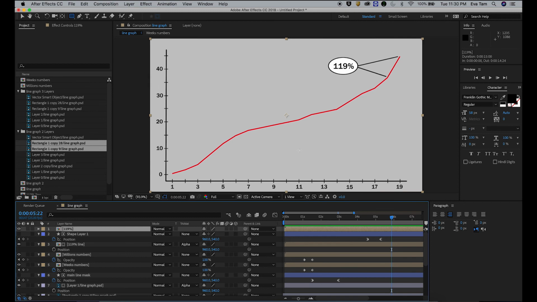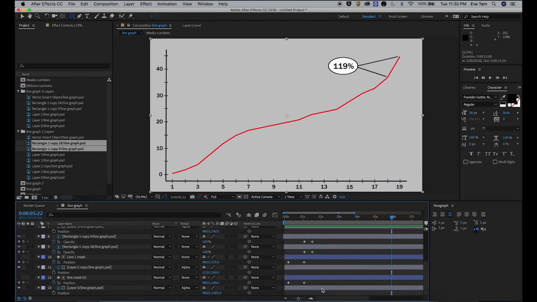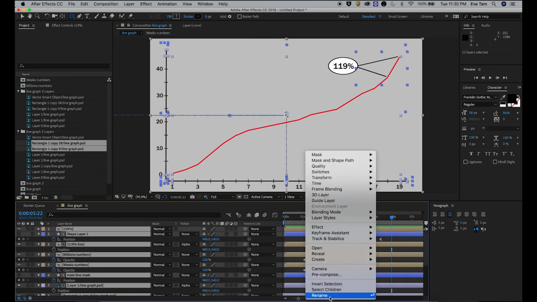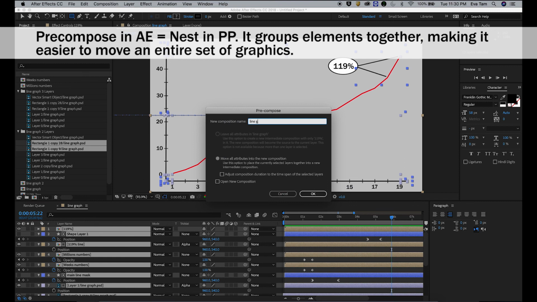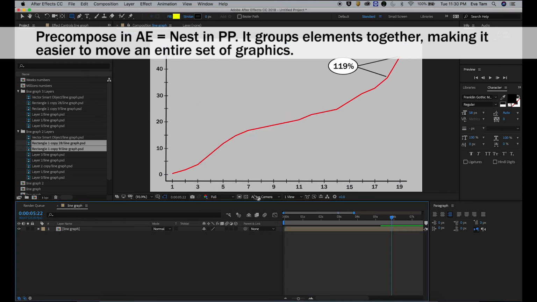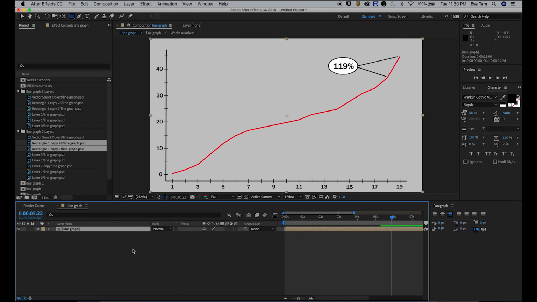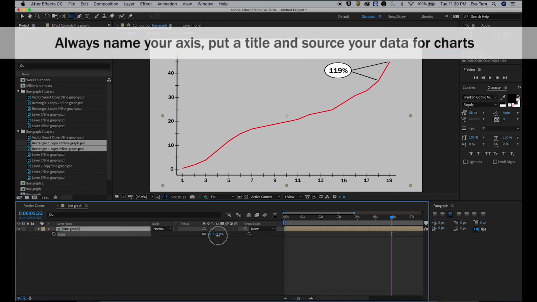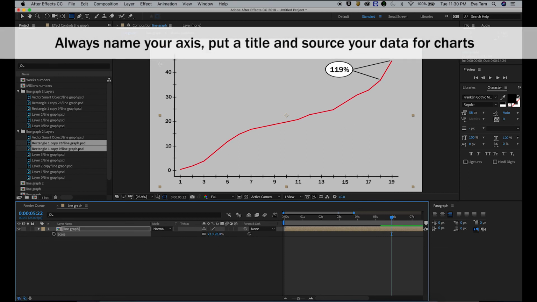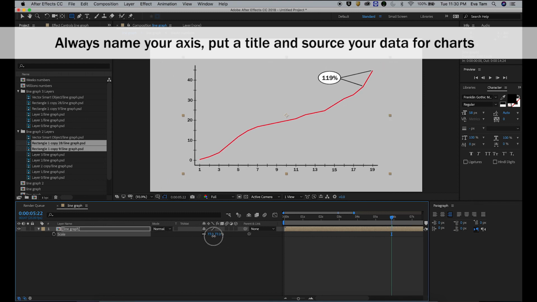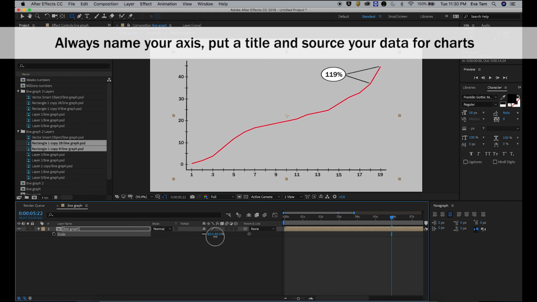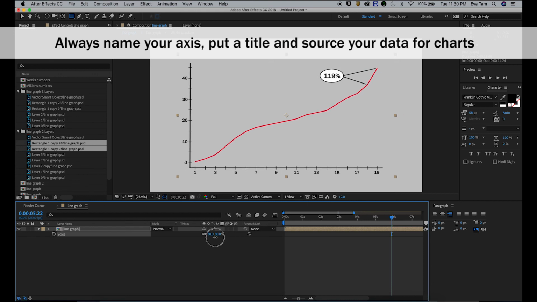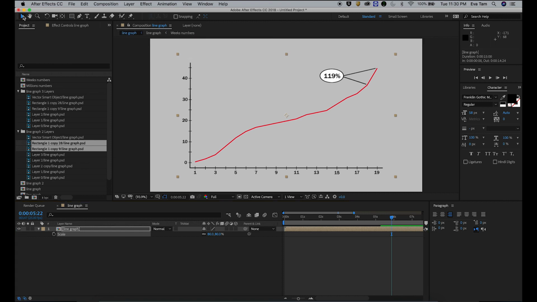Okay, so now that we've made all this, now we just have to give this chart a title. So we're gonna put all this and pre-comp the whole thing as line graph. And then we're gonna do S for scale. So we're gonna make this a little bit smaller. This way, if I pre-comp everything, I can group the whole thing together and move it together, okay? So now the line graph, I'm gonna lower the scale, make this smaller so I can actually put in my legends and my titles. So this looks pretty small.